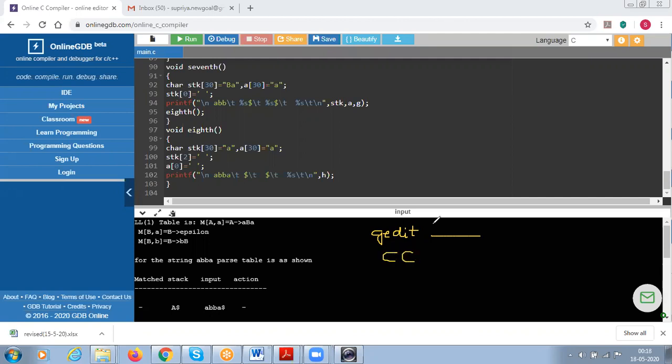Once you have typed the program, you should compile it, that is, convert the high level language to low level language. You can use the C compiler, that is cc, followed by the program name. The compiled file name will be a.out. To run it, use ./a.out, since a.out is the executable file. When you compile, debug whatever errors there are, or if there are no errors, directly run the program. Immediately when you run the program, you can see this parsing table.